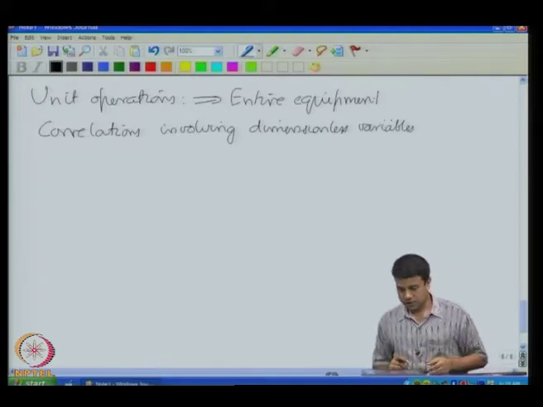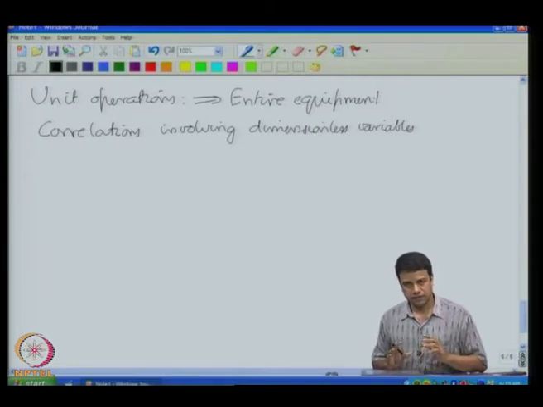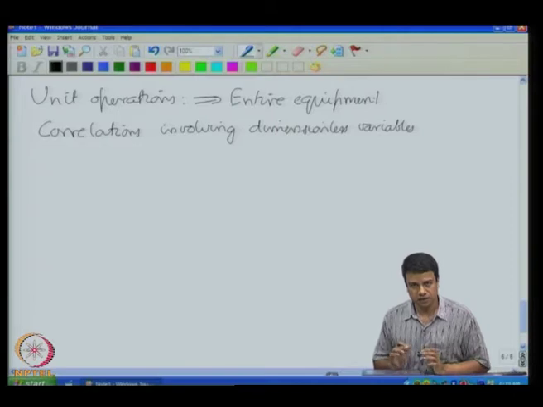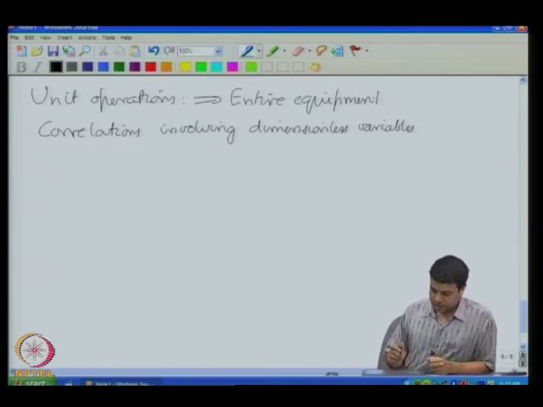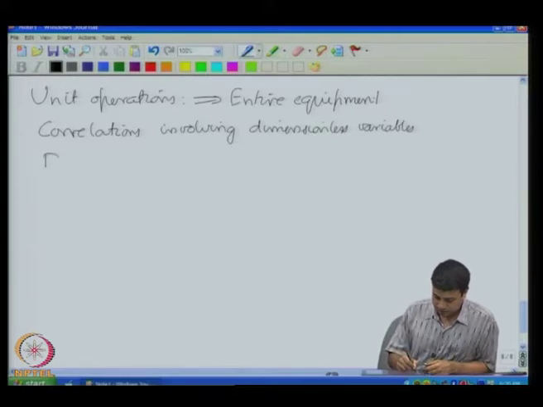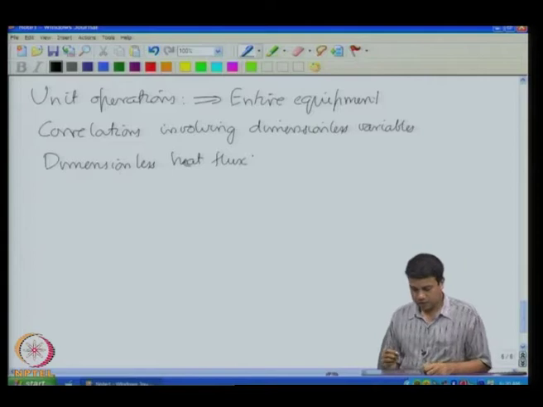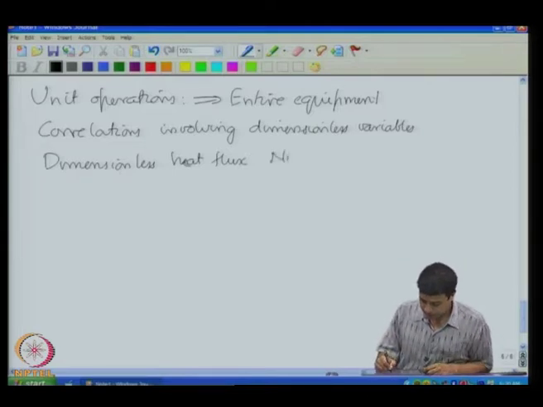As I will show you in the next lecture, it is preferable to use dimensionless variables because there we can use the Buckingham pi theorem to reduce the number of variables in the problem. So, a dimensionless heat flux, which is called the Nusselt number, is written as Q d by K delta T,